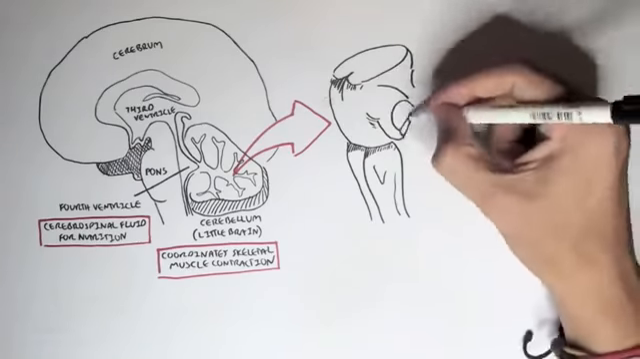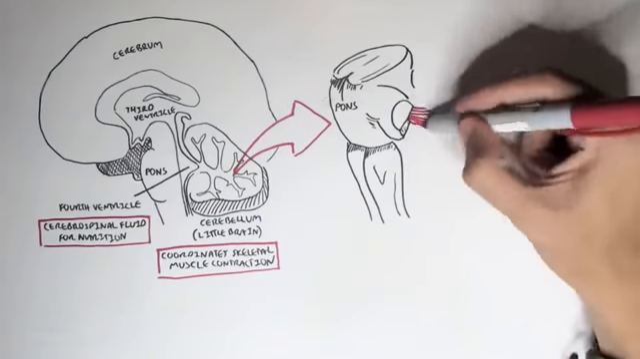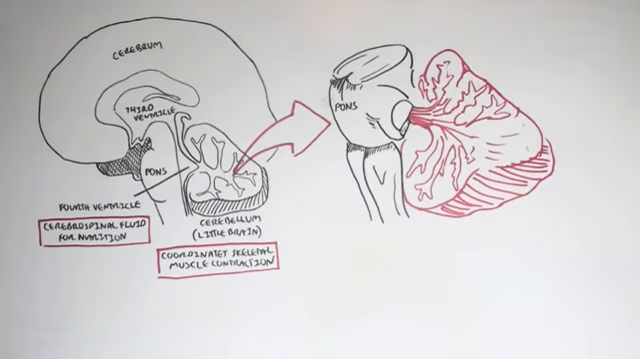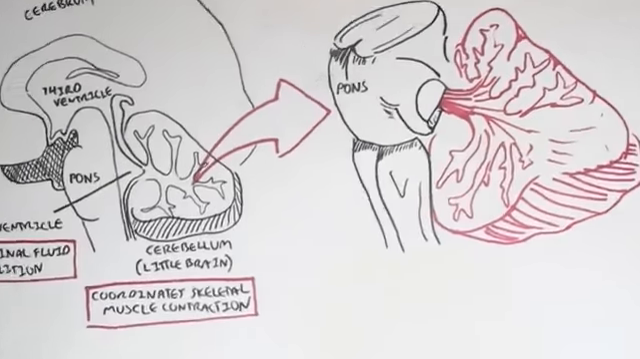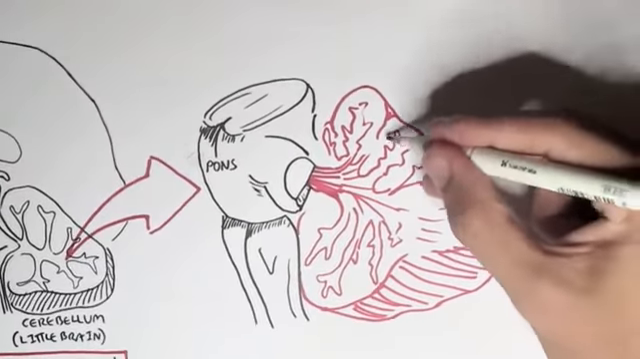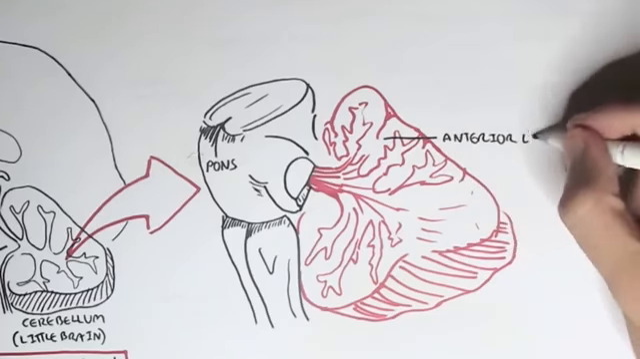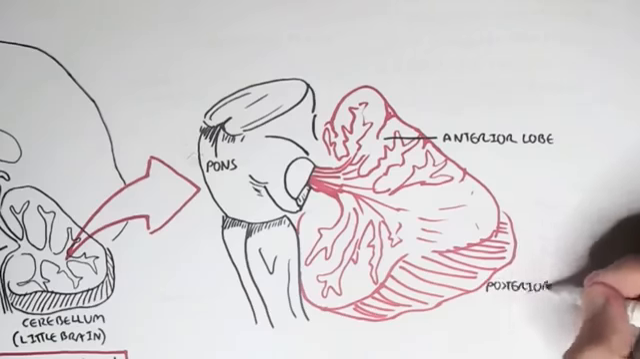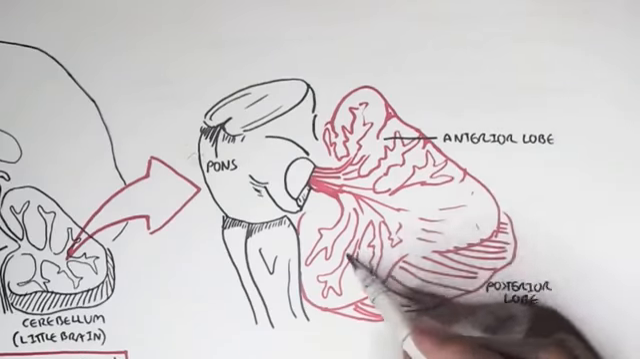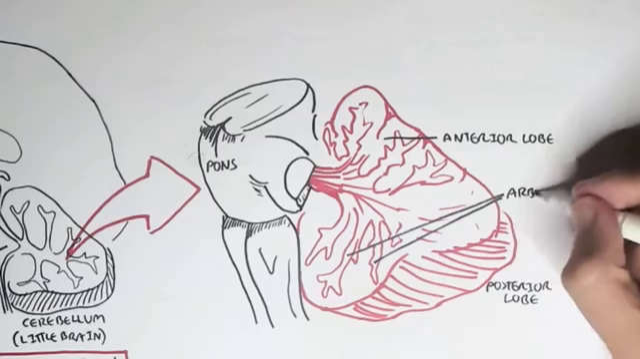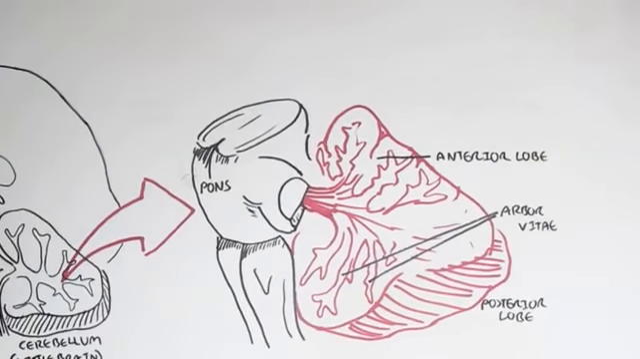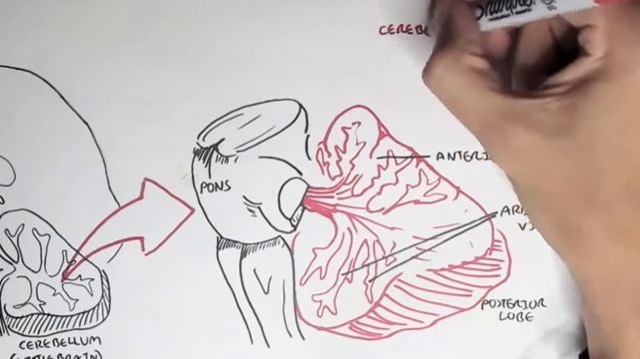So here we have the brainstem, well, part of the brainstem. Here we have the pons and here we have the cerebellum, dorsal of the pons. The cerebellum consists of anterior lobes and posterior lobes. It also consists of this tree-like structure which is composed of white matter known as the arbor vitae. So now, a very important thing to know is that the cerebellum connects to the pons, the midbrain, and the medulla oblongata